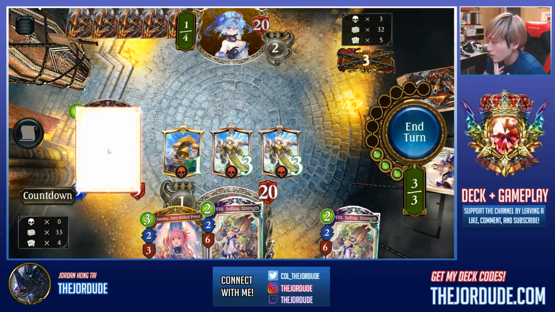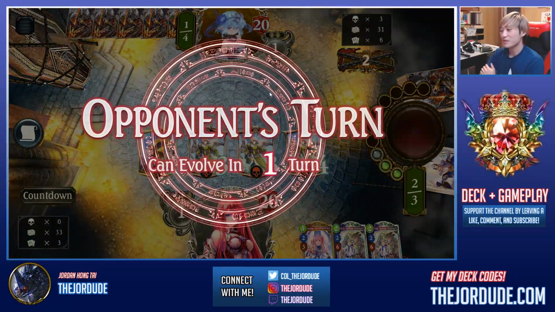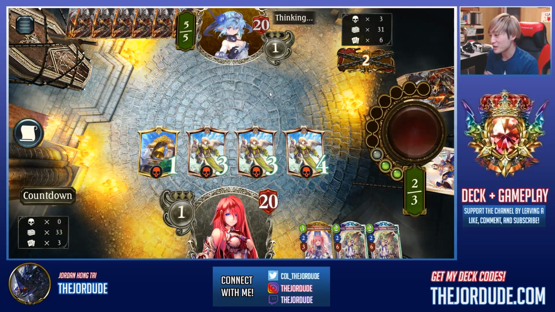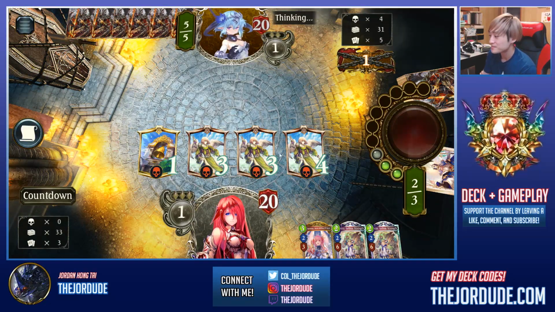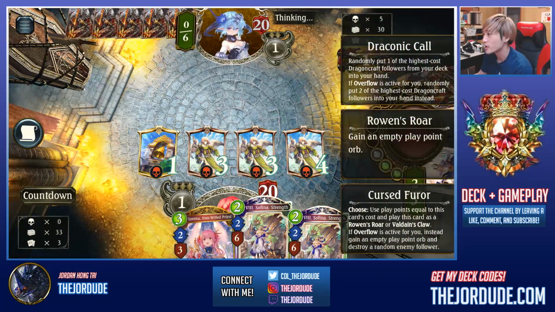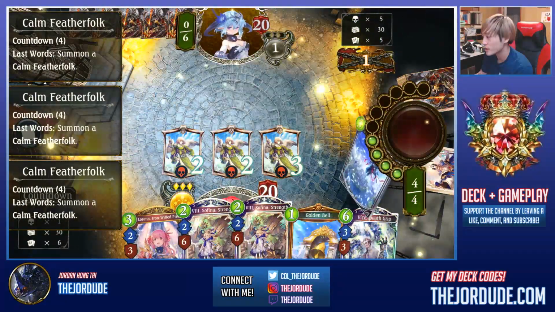Elana is just a good card later on though in this matchup. So okay, let's just set up the triple calm Featherfolk here, and let's see how that goes. The Sofina Amulet's not that good, so there's no point playing it. My opponent, we don't know what it is. Could be like a Scar Dragon or...